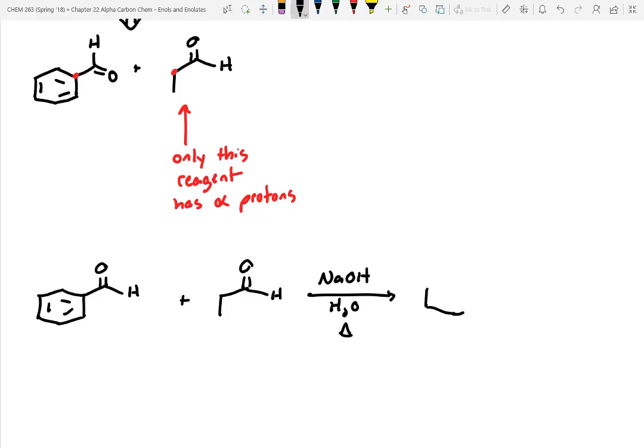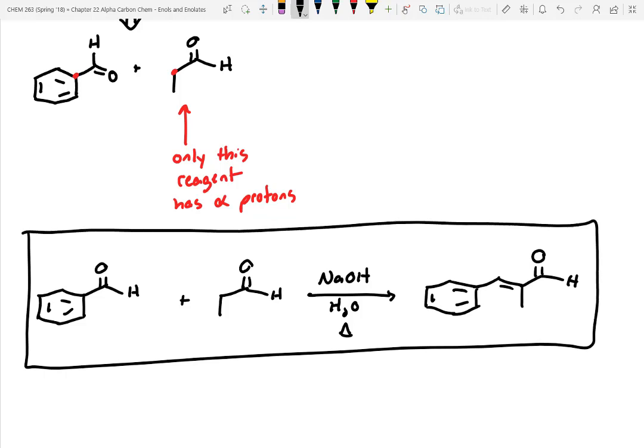By doing that, we're able to get the condensation product. It looks like this. You don't need LDA. Does that make sense? So like I said, it doesn't matter if you're mixing two identical products, you don't have